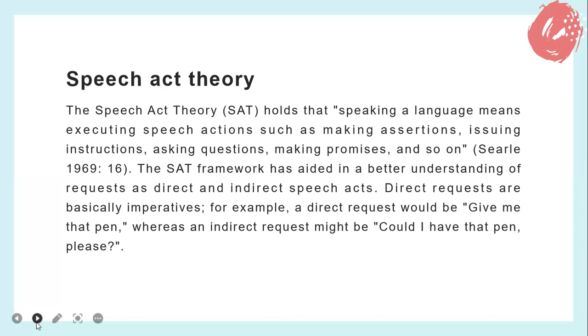Requests between relatives and friends, for example, are more straightforward than those between strangers. Evidence of pragmatic transfer from the native language, or L1, while executing the speech act of a request in the target language, or L2, is one of the most useful results in SAT research.